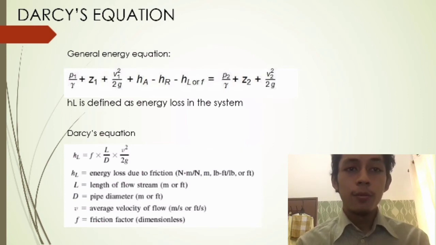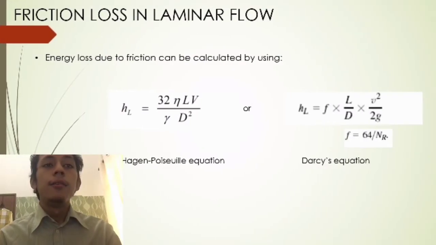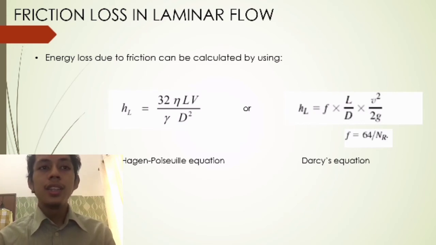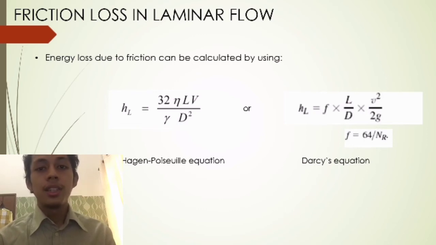L is the length of flow of stream, D is the pipe diameter, V is average velocity of flow. And finally, F is a friction factor. Next, friction loss in laminar flow. We can use two calculations for this. Energy loss due to friction can be calculated by using these two calculations, which is using the Hagen-Poiseuille equation and